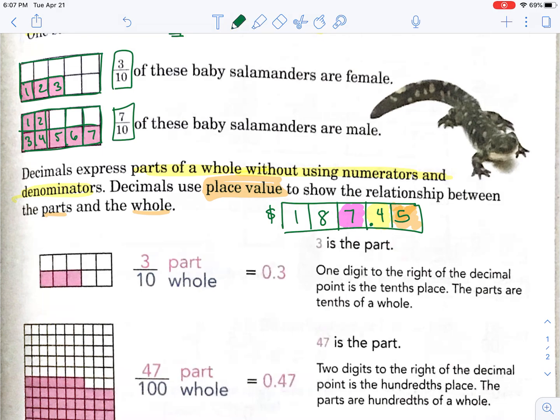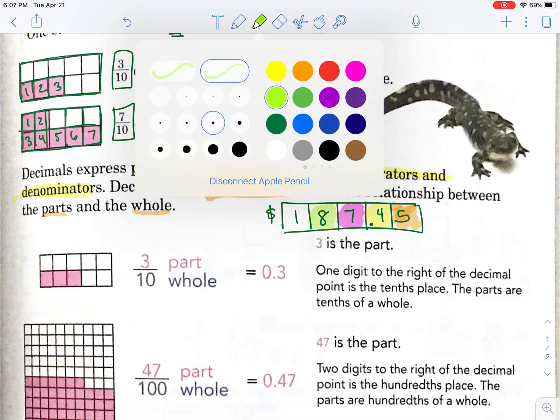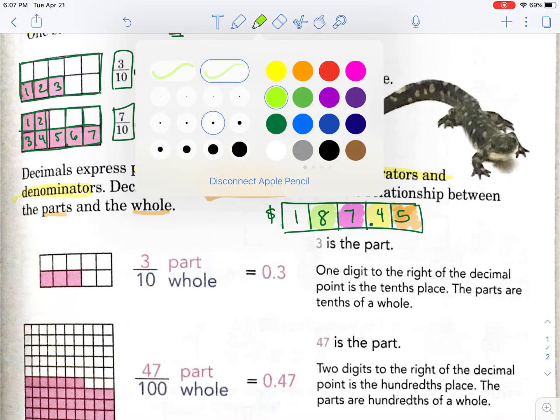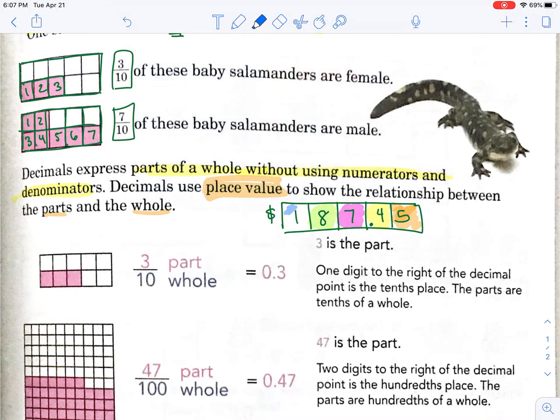So keep thinking like that. That's all we have to work with. So we have 7 ones. How many tens? 8 tens. And how many hundreds? 1 hundred. So they're saying place value, going back to this one right here,